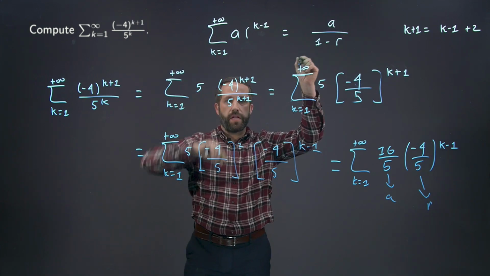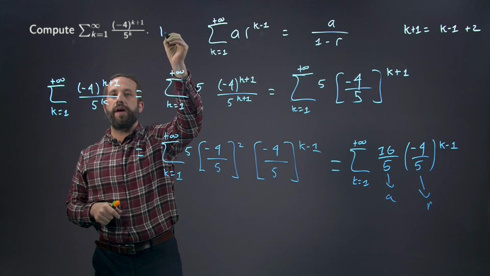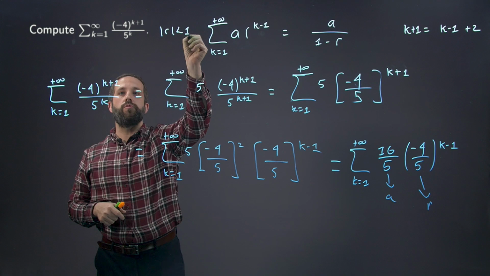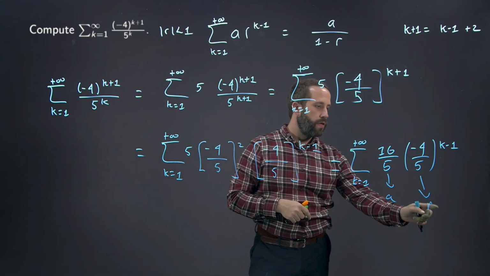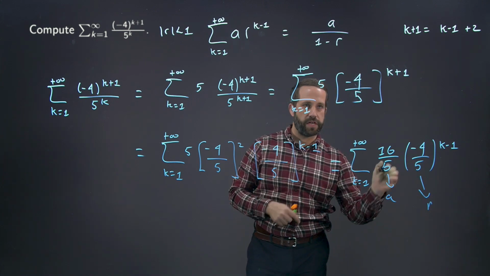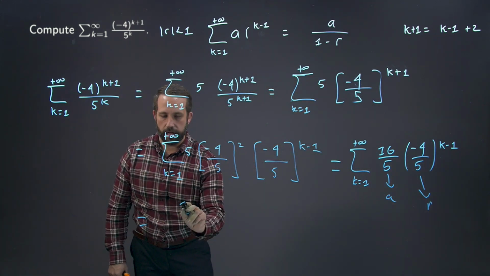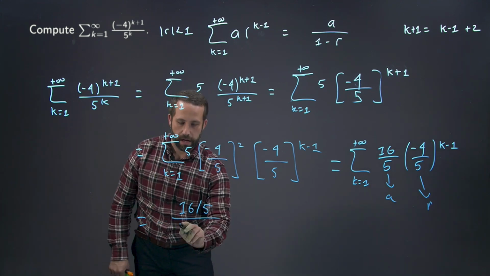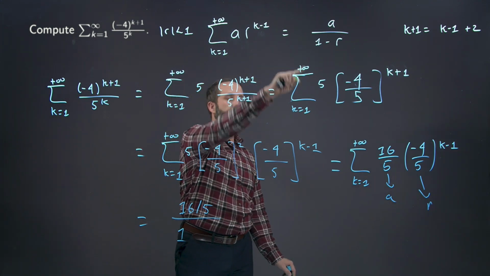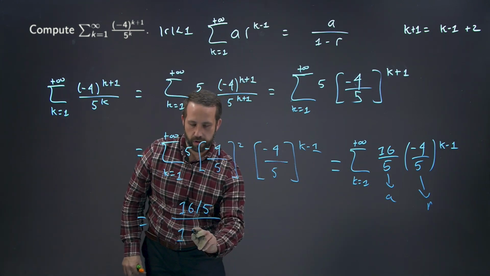Notice that this formula is true if and only if the absolute value of r is less than 1. If the absolute value of r is greater than or equal to 1, the series diverges. The absolute value of r is equal to 4/5, so this converges. And this is equal to 16 over 5 divided by 1 minus r, but r is negative, so this will be 1 plus